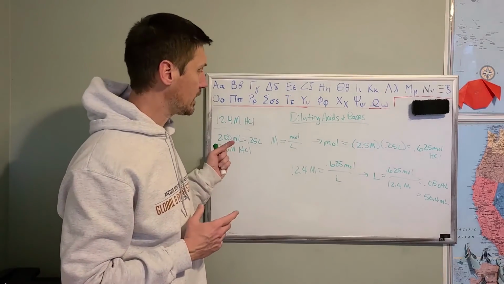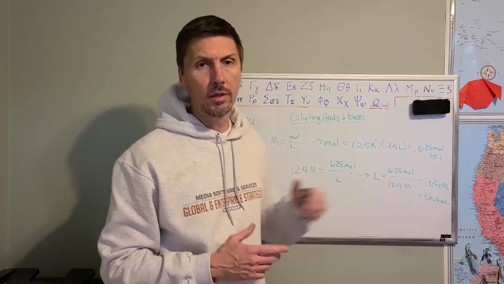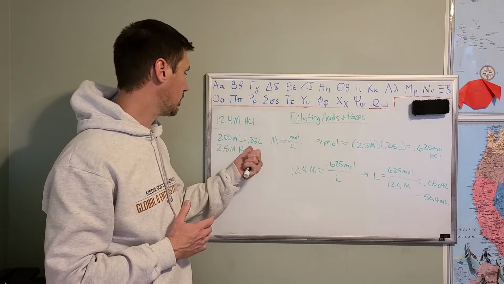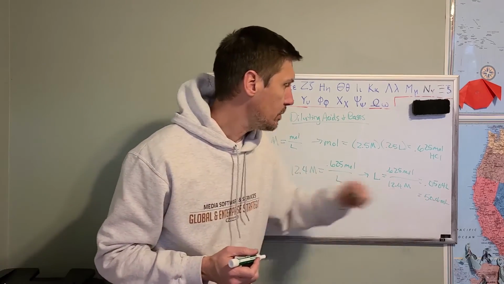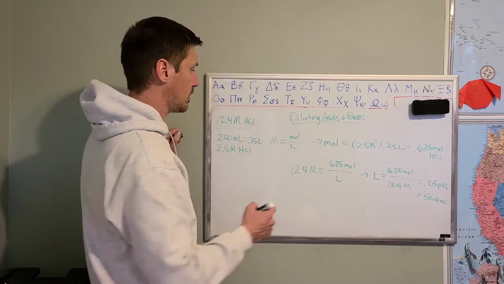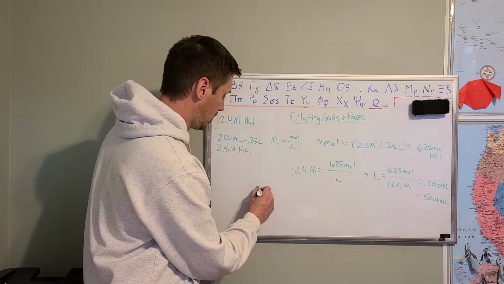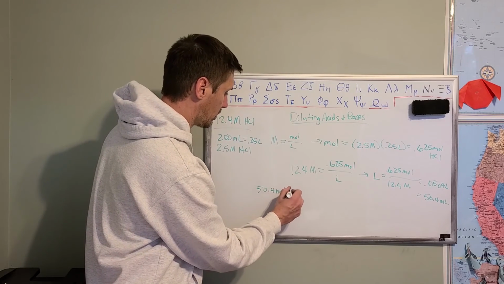So what we basically have to do is add enough water to this so that it equals 250 milliliters. So we just take 50.4 milliliters of the original solution